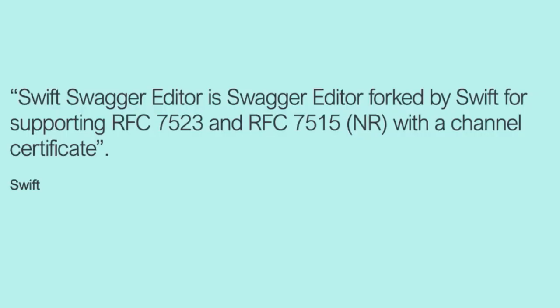So the single purpose of Swift Swagger Editor is to explain such standards as RFC 7523, RFC 7515, what we call end-to-end non-repudiation, in the context of using a signing footprint where the signing footprint is a channel certificate. So why specifically do we talk about the channel certificate? Because the channel certificate is a signing footprint for Alliance Cloud customers connected to Swift via either a physical VPN box or